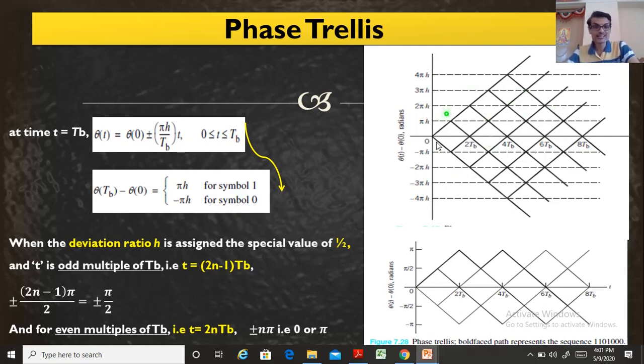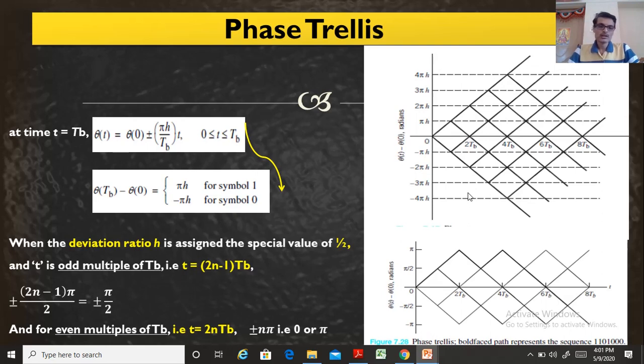This is the general diagram. It's the general diagram. So it just goes like this. It decreases something like this, right? These are all the possibilities. I am considering all the possibilities in the data stream, input data stream. How the phase is varied continuously. That's what this phase diagram actually shows.